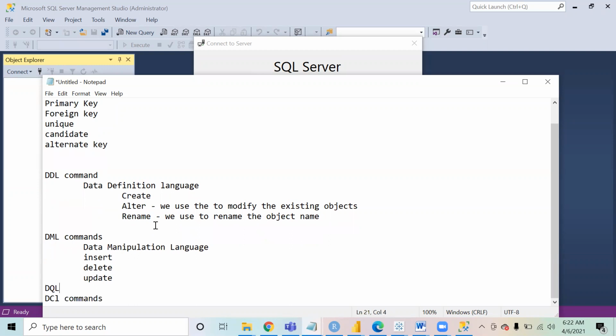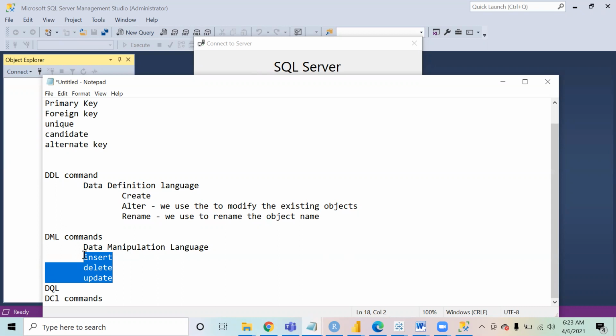As the name tells, it manipulates the data that you are trying to store. With the help of these three commands, the idea is that you will either be adding new rows into that table, modifying the rows, or updating those rows.